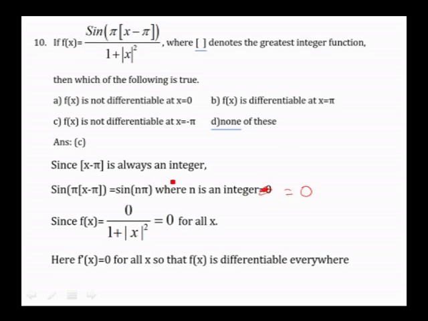Sin of any integral multiple of pi, for example sin pi, sin 2 pi, sin 3 pi, sin 4 pi, all of them are 0. So any integral multiple of pi for sin n pi is always 0. So this sin n pi is 0. Since fx is 0 over 1 plus mod x square, that is equal to 0 for all x,